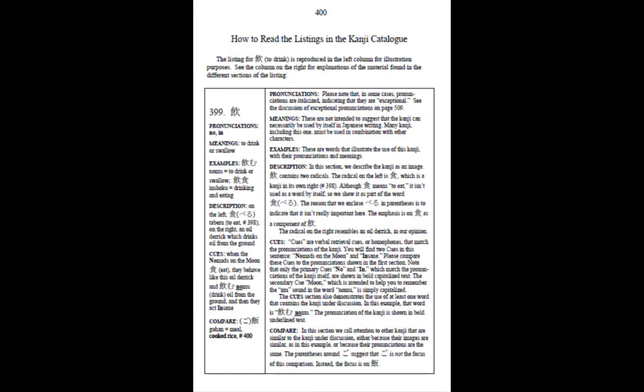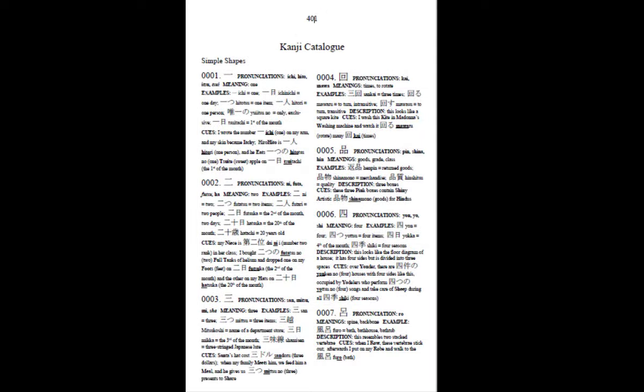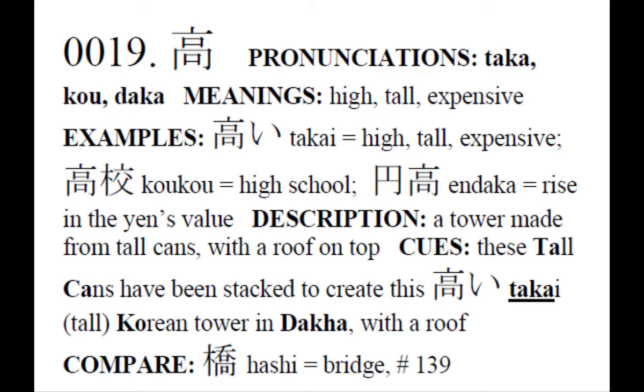The second section is a Kanji Catalog listing 608 basic kanji. As you can see, each listing is subdivided into a number of categories, including pronunciations, meanings, examples, and descriptions. The next category is cues, which stands for verbal retrieval cues, or mnemonics that can help us to remember a kanji's pronunciations. The final category, which does not appear for every listing, describes comparisons between this kanji and other similar